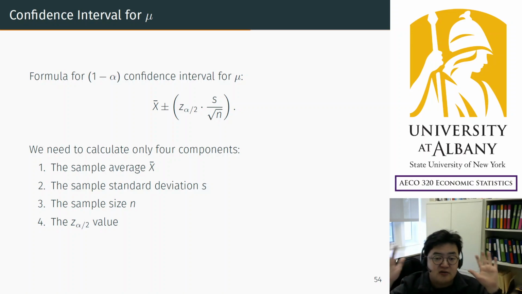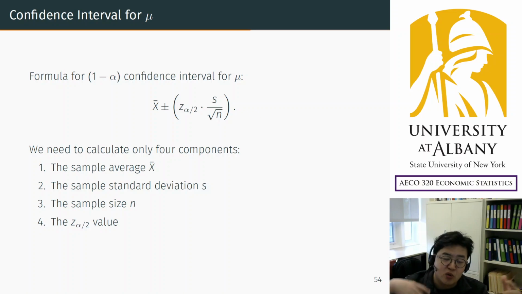In other words, the data have more errors, more noise. So your estimator will be less efficient, or more variable, because there is more noise. So your standard errors will be larger, your estimation error will be larger, so you need a larger margin of error. The margin of error increases when standard deviation increases. It is intuitive, right? As I said, higher standard deviation means more error, so you need more margin for the